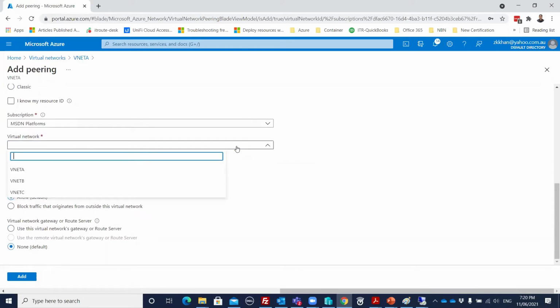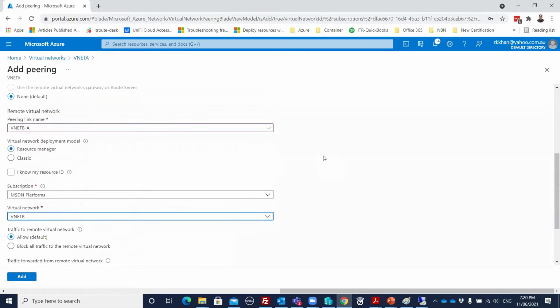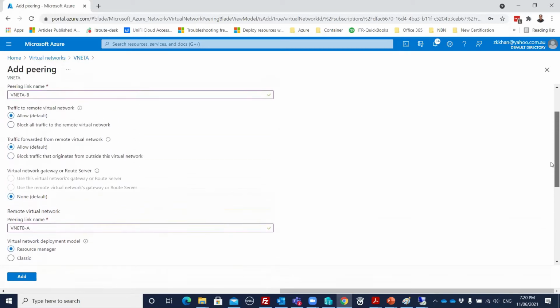And virtual network, that will be VNet B. Remote virtual network, this is the name, and this is the virtual network. Yes, that's the remote virtual network. Cool, because I'm in VNet A, so that's the remote one. So once I select all these things,